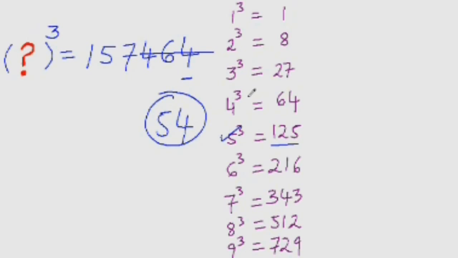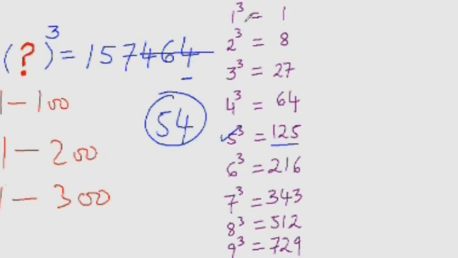Before you do that, please memorize the cubes of all the numbers from 1 to 10. And now you have a good reason to do so, isn't it? If you know the cubes of the numbers from 1 to 10, you can very easily find out the cube roots of any number whose value lies between 1 to 100. And if you know the cubes of numbers from 1 to 20, you can take that to 1 to 200. So on and so forth. If you know till 30, then it will go from 1 to 300. But for all practical purposes, knowing the cubes of numbers from 1 to 10 is good enough.